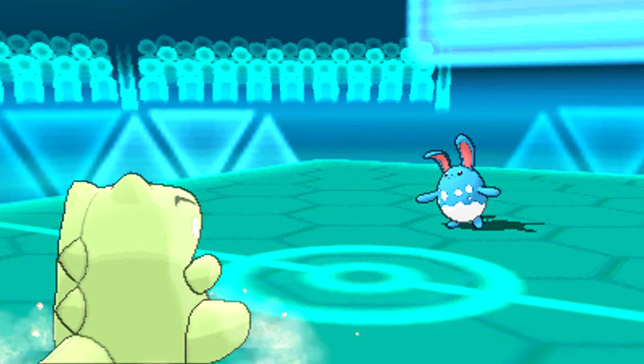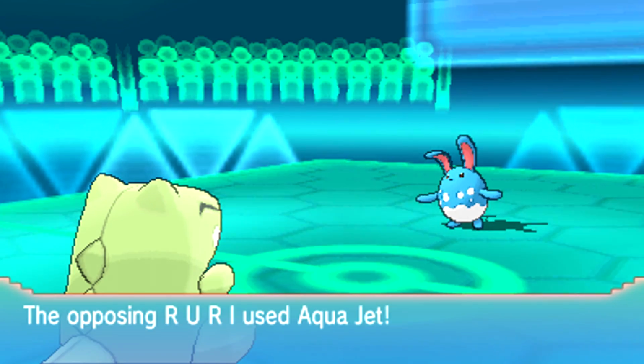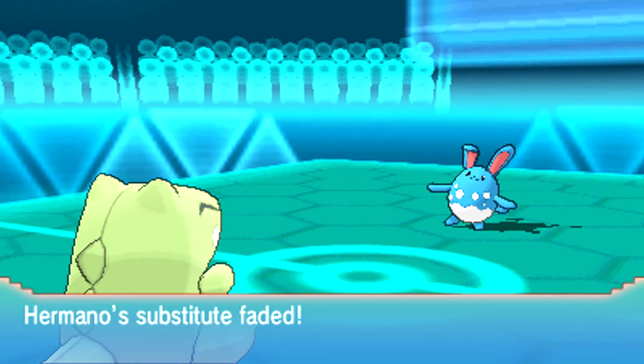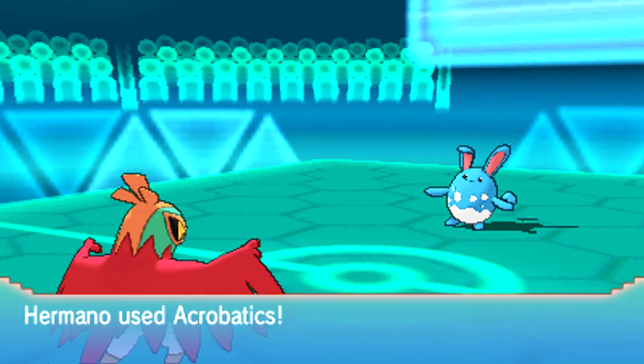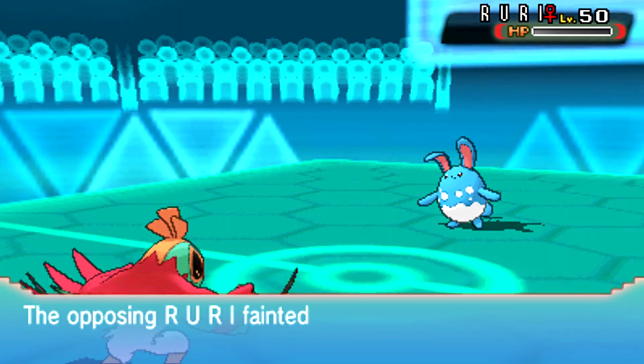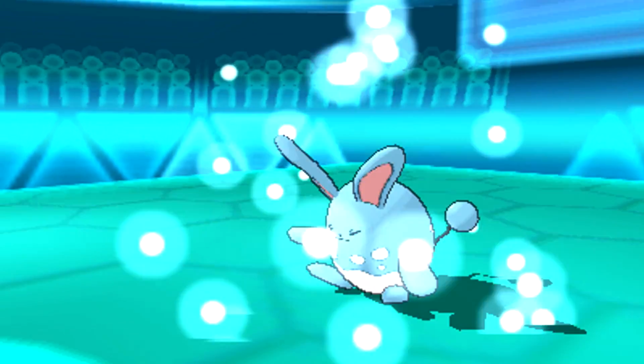But I'm not really a fan of the way I went for Sub right there. It felt a little pointless. I definitely could have just gone for Acrobatics. Maybe I was praying that Aqua Jet wasn't going to do that much, but we already saw that it does like 40% to me because Hawlucha's actually pretty fragile, unfortunately. So, get to go for an Acrobatics right there, and I do knock it out, which is a nice little